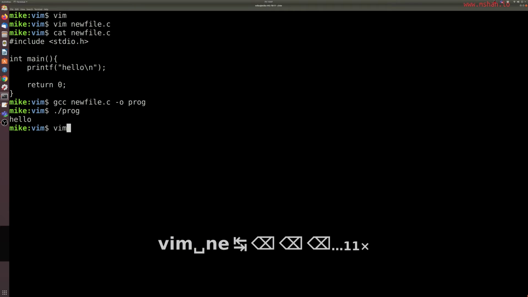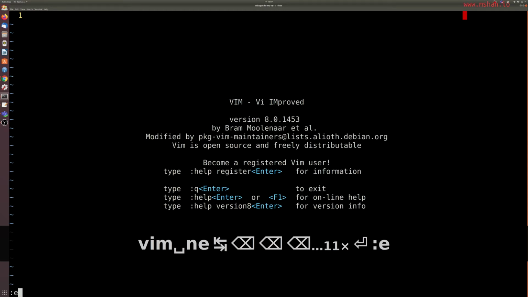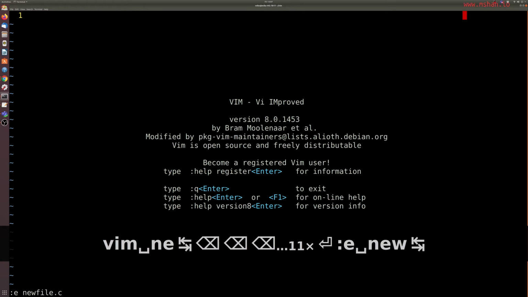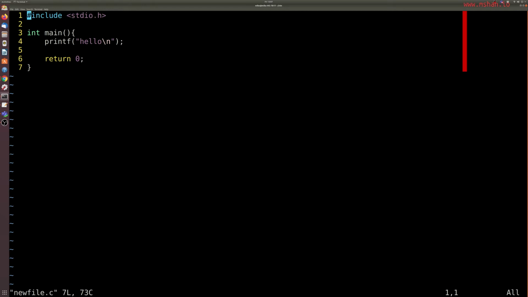This time, though, I'm just going to launch Vim, and I'll hit colon to enter command mode, E for edit, and then the file that we want to edit, new file. So this brings up our file so we can resume editing our file. Okay, let's go ahead and add some more to this program and learn a little bit more about Vim and the different modes. Now, one thing I want to introduce in Vim is this idea of navigation,